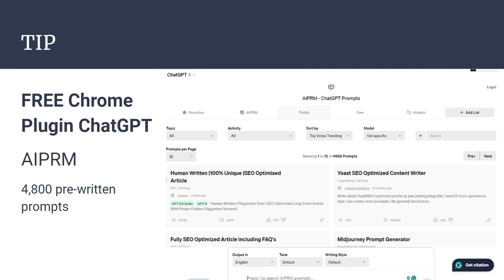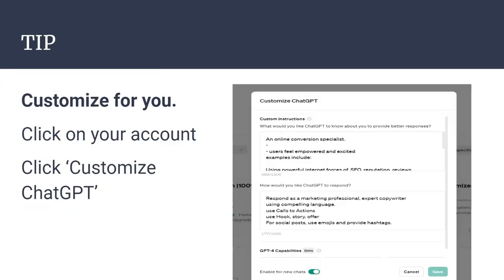I suggest you probably sort it the way that I kind of have it here, sorted by top votes. That means that these are the ones that people have voted for. I don't know if you can see those little numbers, but some of these have been upvoted millions of times, meaning they're pretty proven and they're pretty solid. You could search for certain things if you wanted to write a LinkedIn post or write a book or a course. You can dig into that.